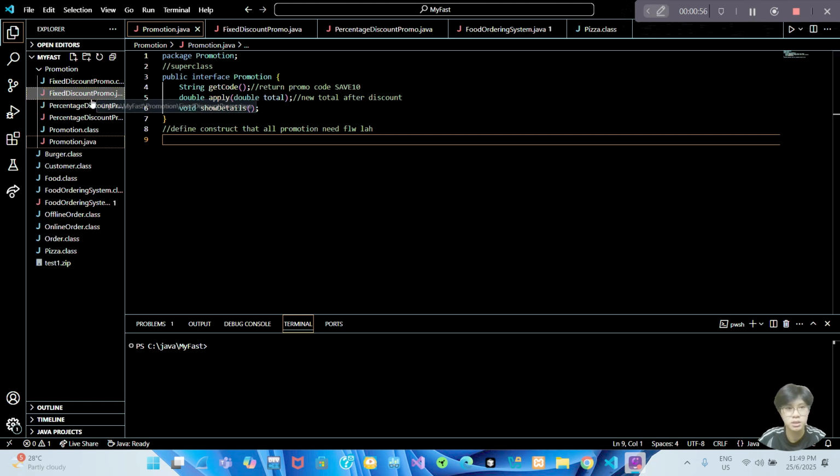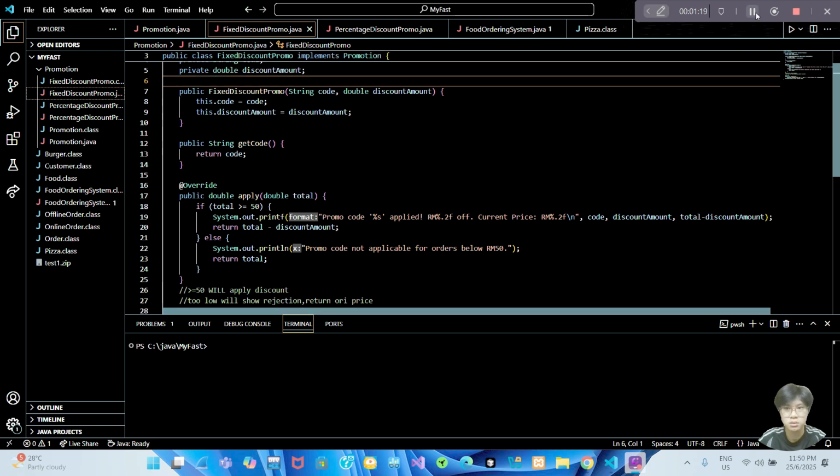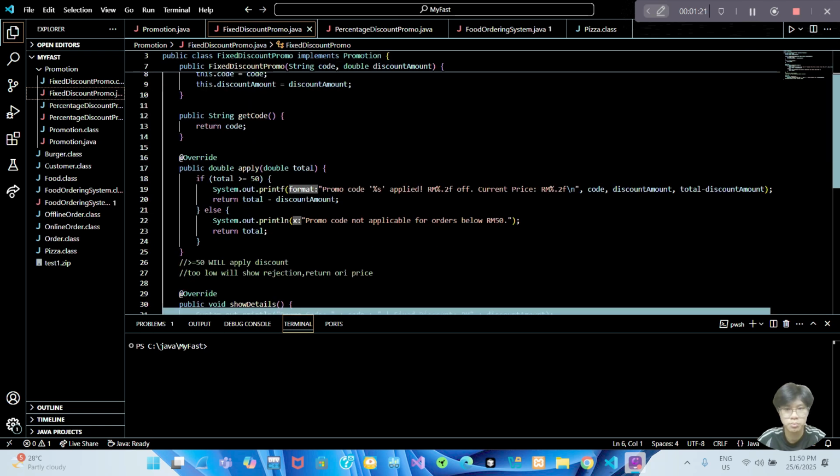Okay, so now we can see the second class. This is the subclass. It is the fixed discount promo. So it implements the promotion interface. It has attributes like code and the discount amount. In this apply method, the discount is applied only if the total is 50 ringgit or more.